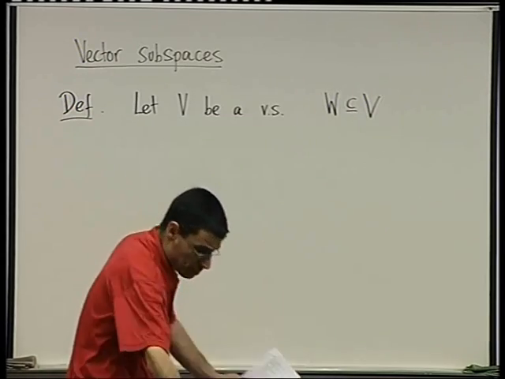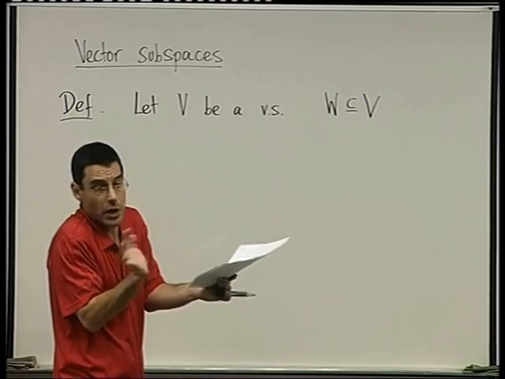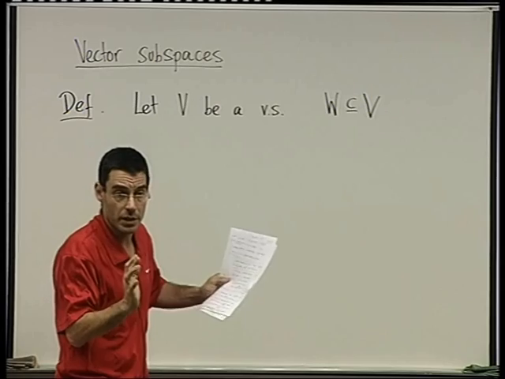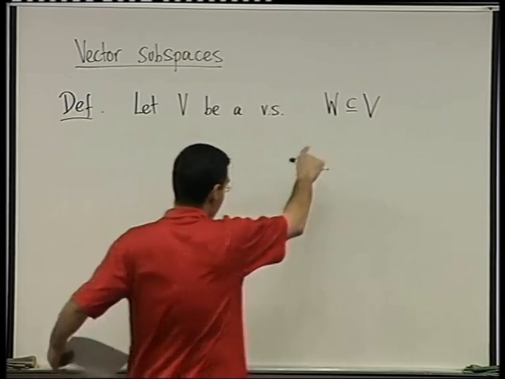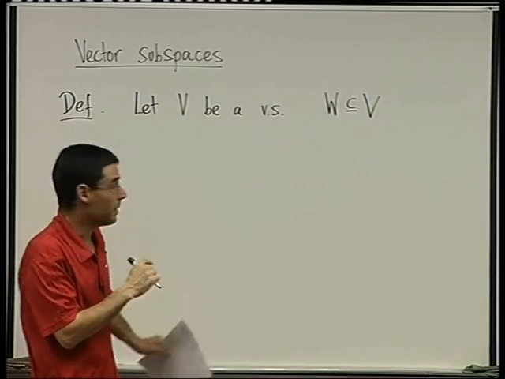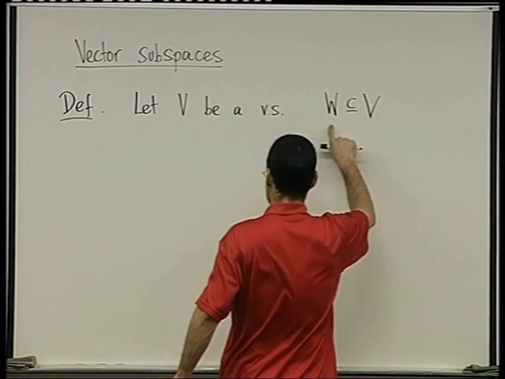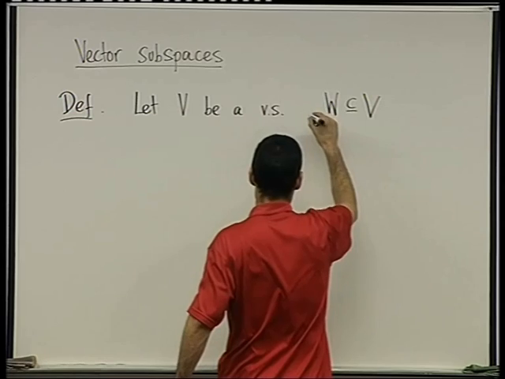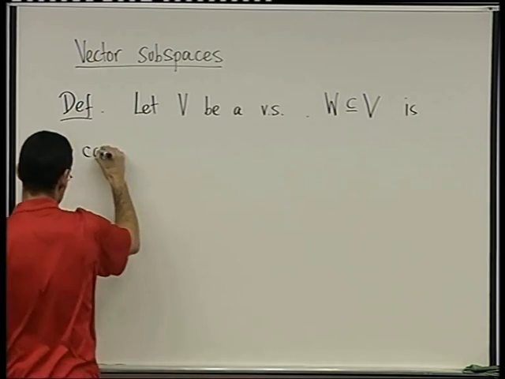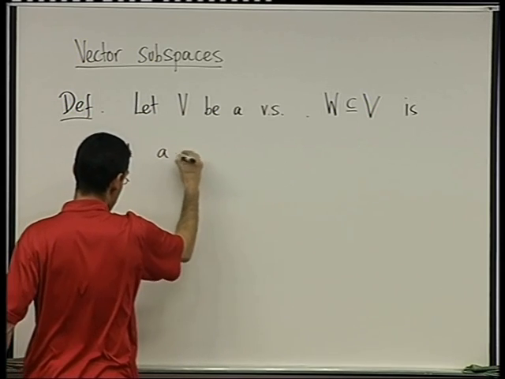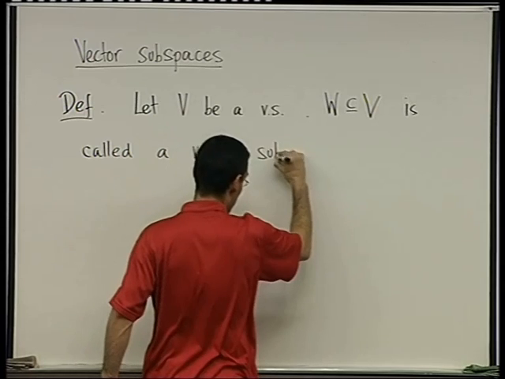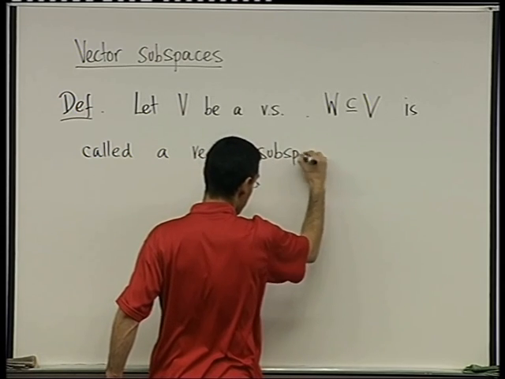So W is just part of them. We take only part of them, not all of them, part of them. Maybe all of them, but not necessarily, okay? If we take a subset, that's the notion of a subset. Take part of the elements. Let V be a vector space. W in V is called a vector subspace or a linear subspace